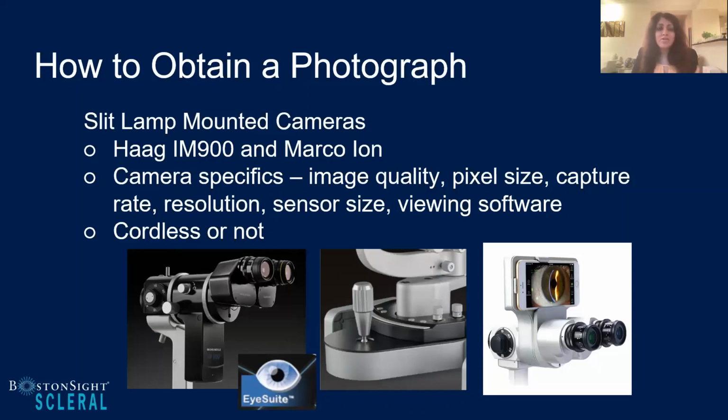I learned tons. And two of the top sort of competitors that came to mind when I was trying to make my decision was looking at the Hog that's attached to a Hog slit lamp, or the Marco Ion. It's a universal camera adapter that can be attached to many different slit lamps, and it's designed to work with an iPhone. The Marco Ion camera device is a wireless device that's used using your network, using Wi-Fi, whereas the Hog system is a wired system. Both are very different units altogether, but when I was looking for a slit lamp mounted device, I ended up actually choosing the Hog ultimately.